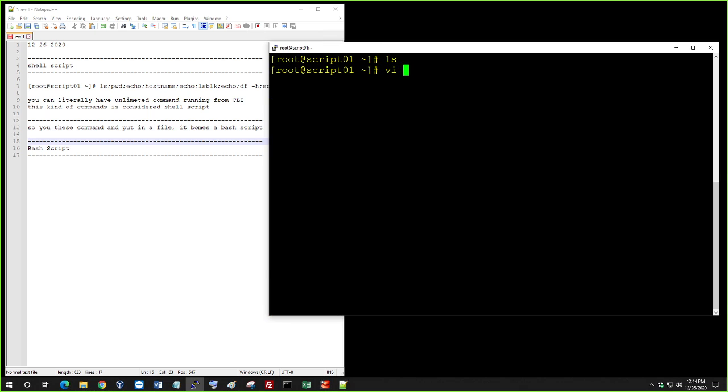So I'm gonna say vi script and hit enter, okay? And then I'm gonna paste all those commands in here, and then save and exit. So what you have to do is, if you just type script, it's not gonna run. It's not gonna give anything to us. For the system to understand this is a script,